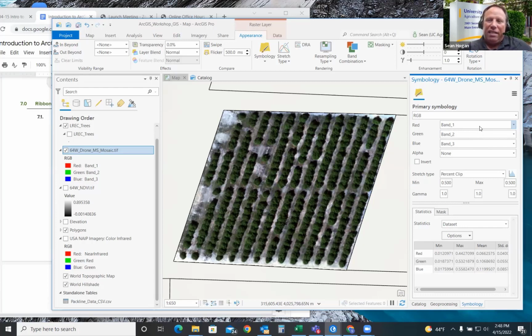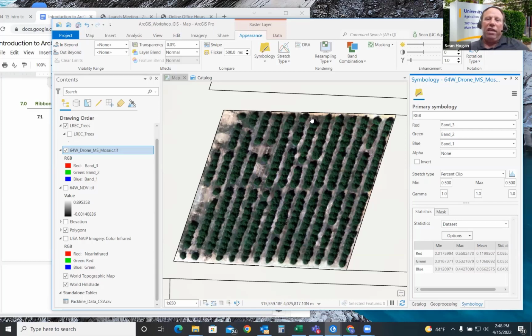The issue is that even though this looks like the correct coloration, it really isn't. To correct this, I might go over and click on band 3 for red, and blue is going to be band 1. Because 1 and 3 are actually relatively similar in reflections when it comes to vegetation, it didn't change that much, but it changed it a little bit.